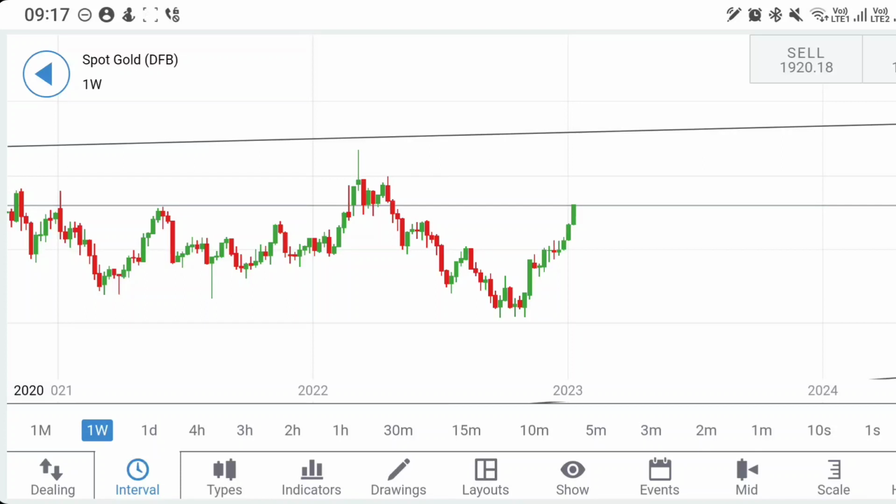If it stays above 1932, 1950 is the next target, and beyond that further bullishness might take it towards 1980 and 2000. This is the first part to it. Else,